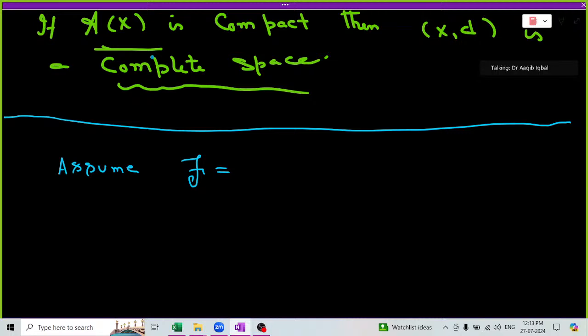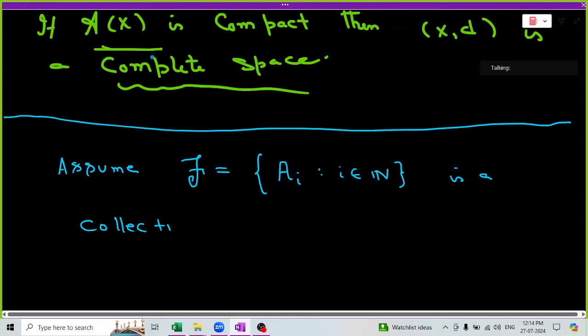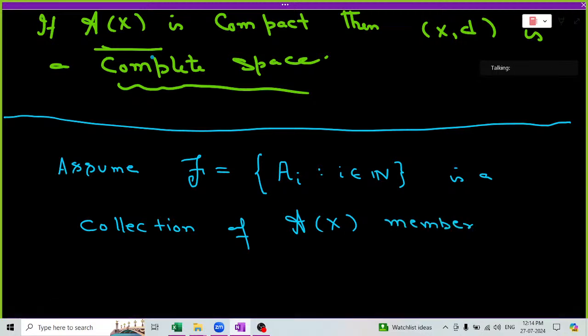I'll only take the countable case. Assume fancy F equal A_i, where i varies over the set of natural numbers, is a collection of script A X members. It's a collection of script A X members such that